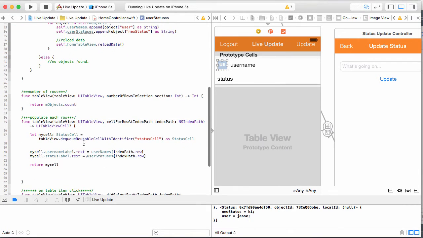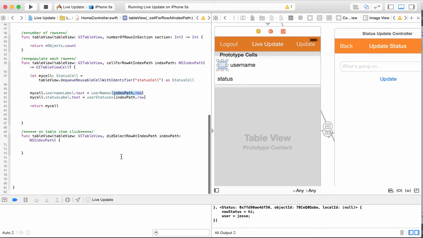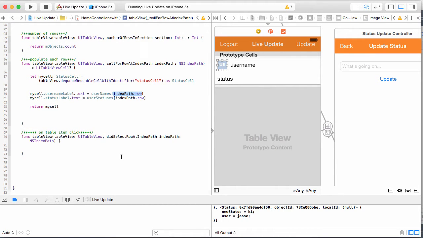And then down here, we just populate the data individually in each row by calling indexPath.row, which calls the path or the index of the array. So in this case, if it's 1, it calls username array 1, username 2, you get the point. So now in this one, we are going to see how we can